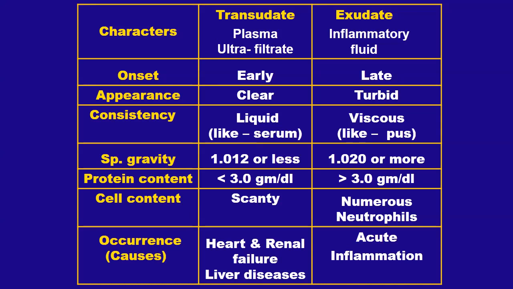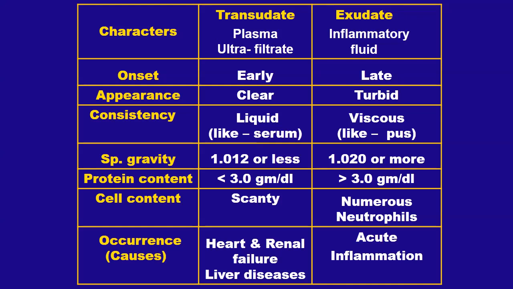Transudate has a specific gravity of 1.012, while exudate has a specific gravity of 1.020. Transudate has protein content of less than 3 grams per deciliter, while exudate has protein content more than 3